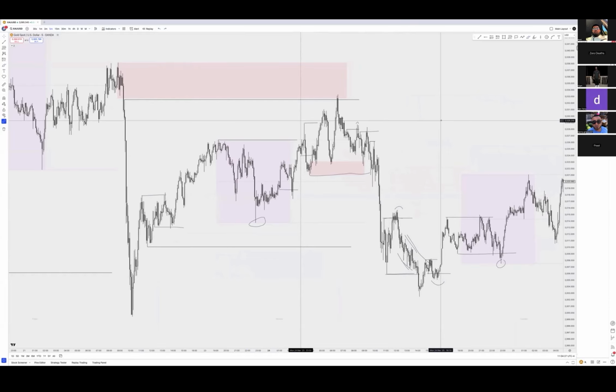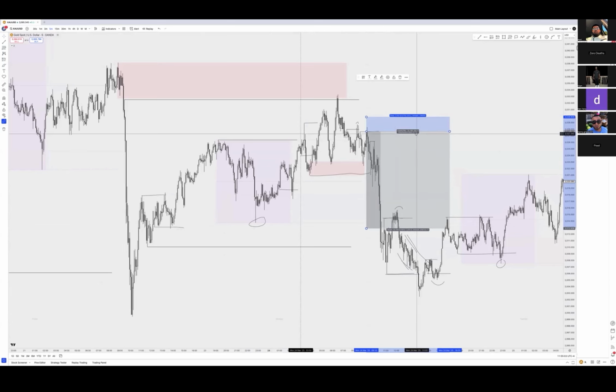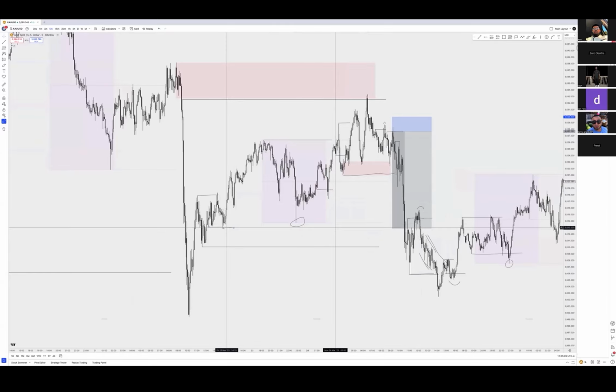Number one, most people get too induced into targeting the lowest part. At the end of the day, if it makes sense for you to take partials, you always take partials. You ride it, take some partials and leave the rest to run. Understand that there is liquidity here, so if you took a decent amount of partials here, you still get a 1 to 6. You can see there's a ton of liquidity left below here.